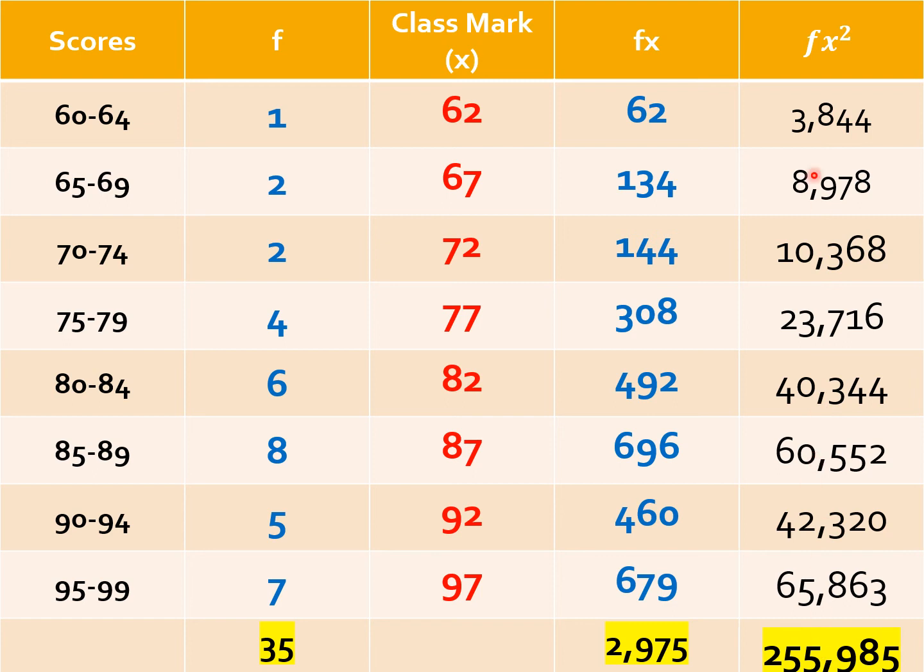And then, add all the values for the last column. Because the first 4 columns are the same as earlier, only the last column is added. So for the sample mean, we have 2,975 divided by 35, which is how we got the sample mean of 85 earlier. Okay? So using the formula now in finding the sample variance using the alternative method,